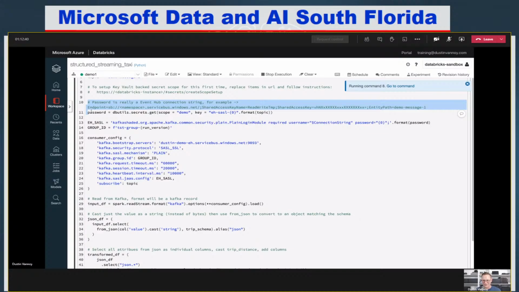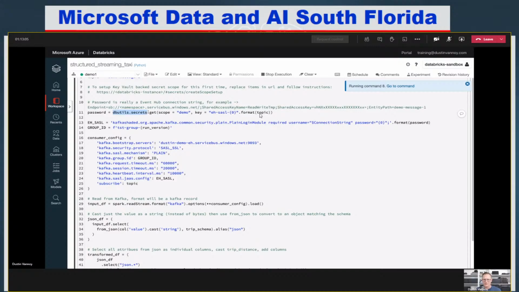You don't want to hard code this into your code base, and you don't want it to end up in GitHub. So what we do is we use Databricks secrets. dbutils is just Databricks utilities. They have these things called secret scopes. In Azure, we can take an Azure Key Vault, which is Azure's answer for managing keys and secrets and certificates. We can connect that Azure Key Vault to Databricks through a secret scope.